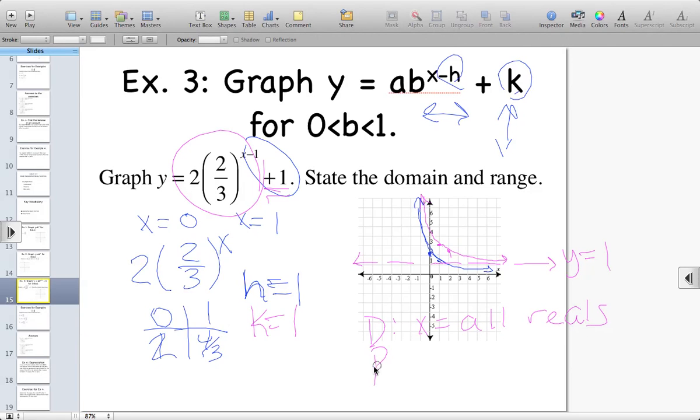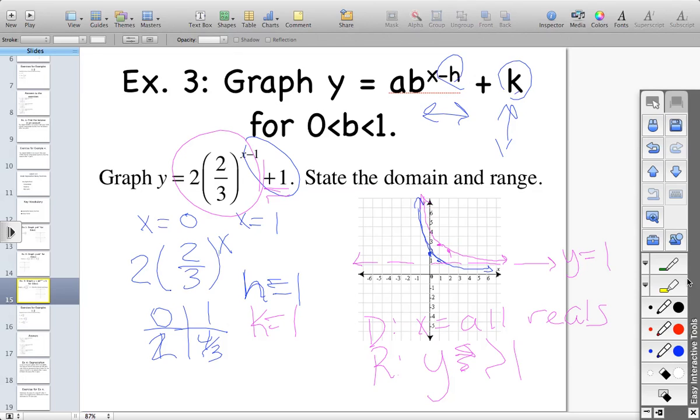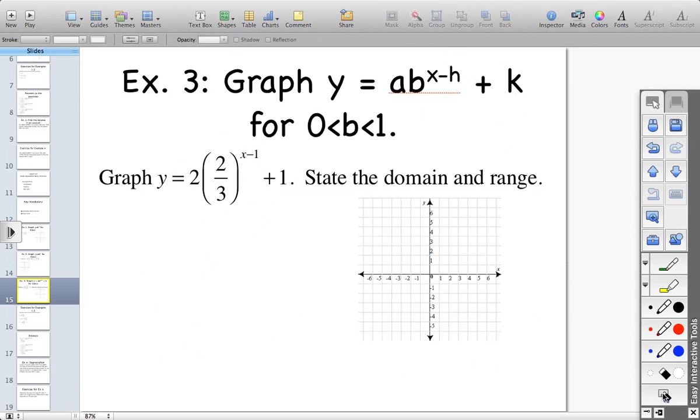And the range, this time, are y values that are greater than, let's try the proper symbol there, greater than 1. It can get a little messy, obviously, as you see, so please make sure you take the time to graph as neatly as possible. All right, let's clear that off and move